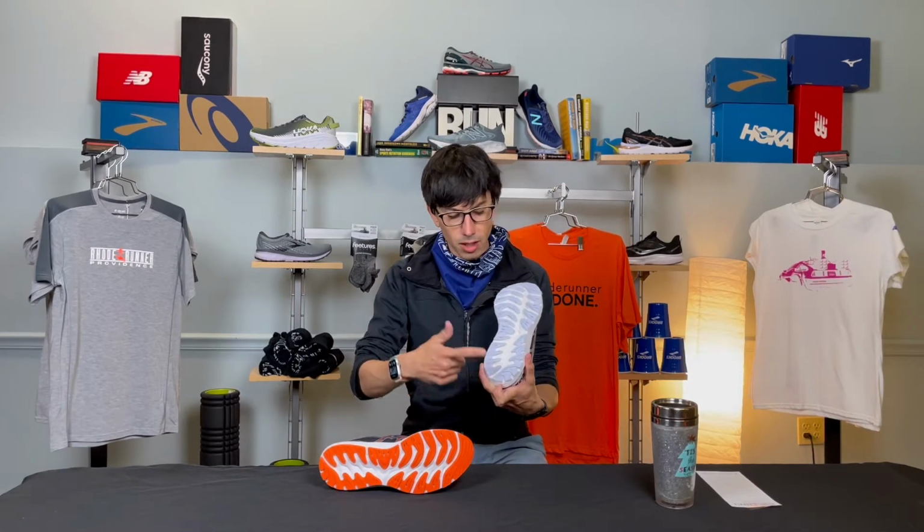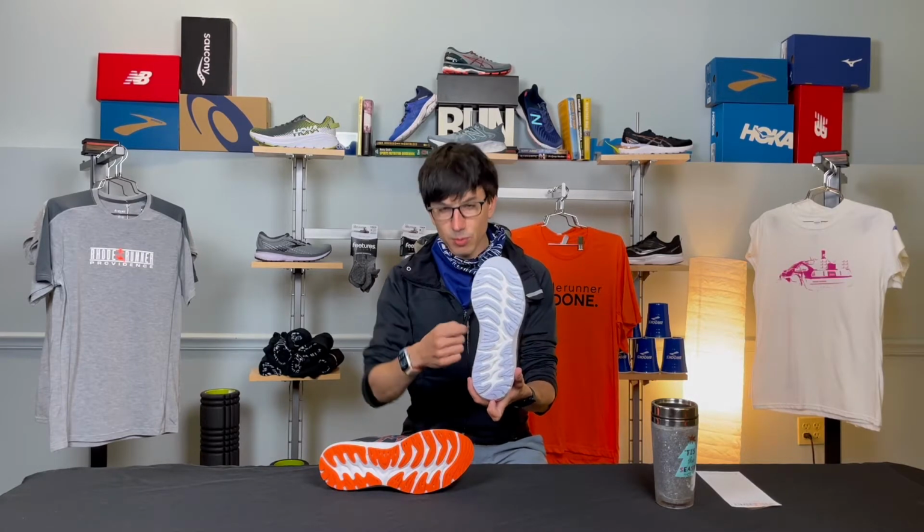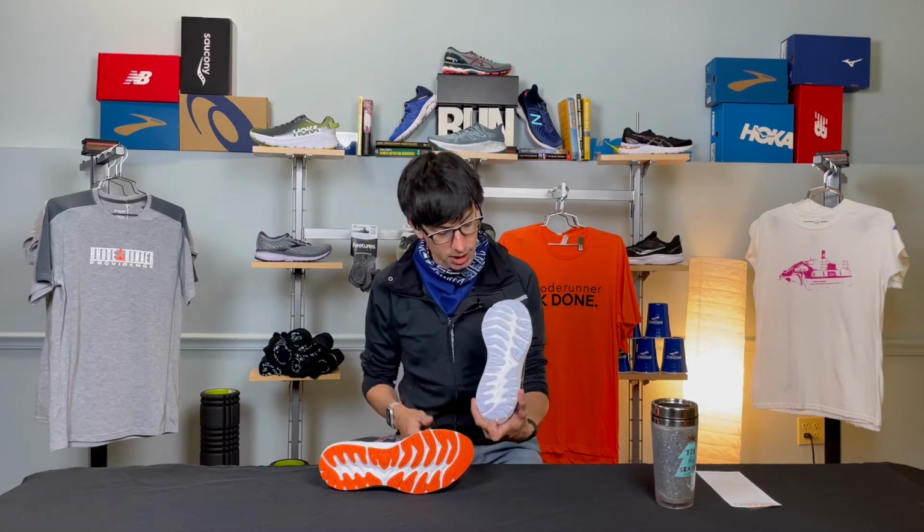The outsole kind of has a fun pattern on it, and you'll see a nice smooth transition from the heel to the forefoot. Carbon rubber throughout the whole entire outsole through the midfoot, which helps provide that smoother transition. You won't get real slappy in this shoe, which is awesome, and it'll be super durable because that whole midsole